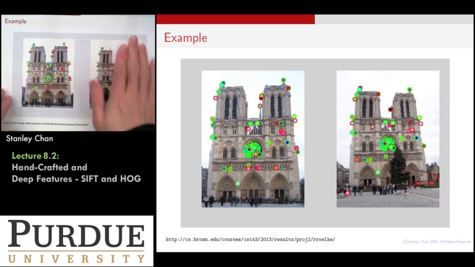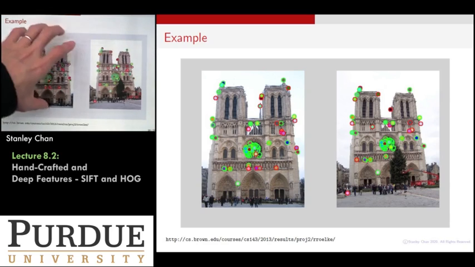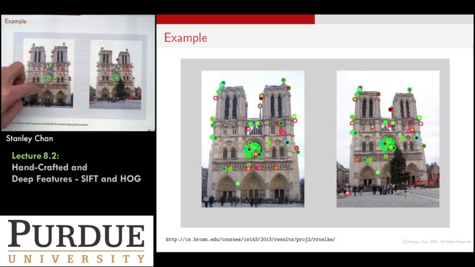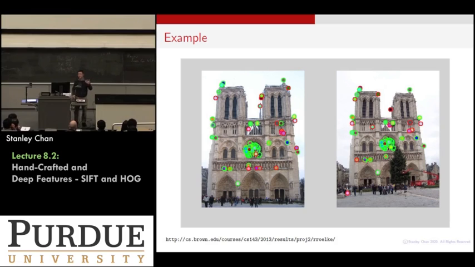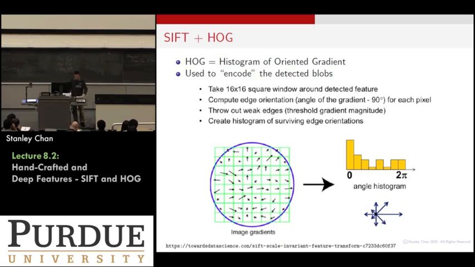Okay, then what else can you do? Well, even with only one image, you can say, here is my image, and here are the salient locations. For each salient location, I'm going to find the feature vector to describe them. So now instead of using maybe a million pixels here, I just need a few vectors to describe this image. Okay, so that goes to the last thing with SIFT, which is called the histogram of oriented gradients,